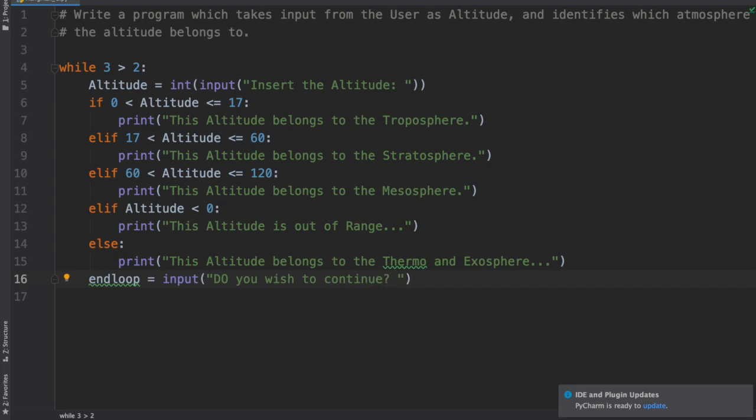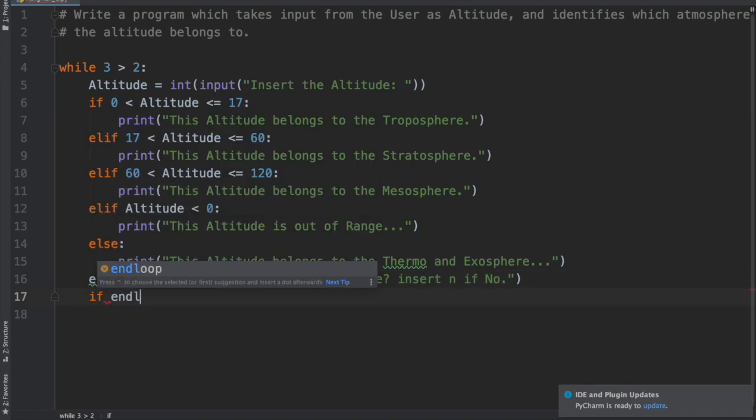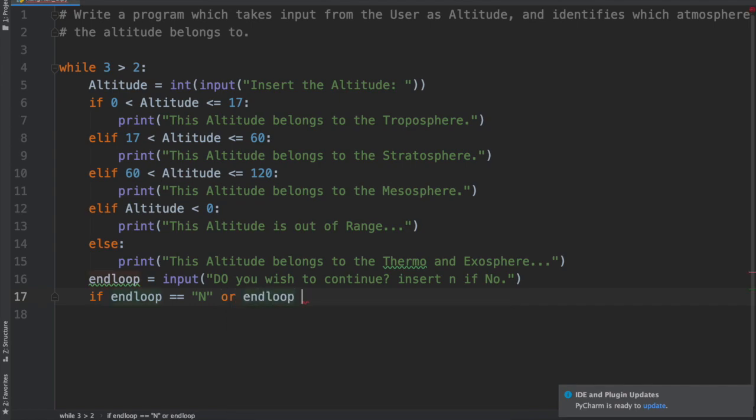Insert n if no. And all we're going to do here is say if end loop is equal to capital N, or end loop is equal to small n,